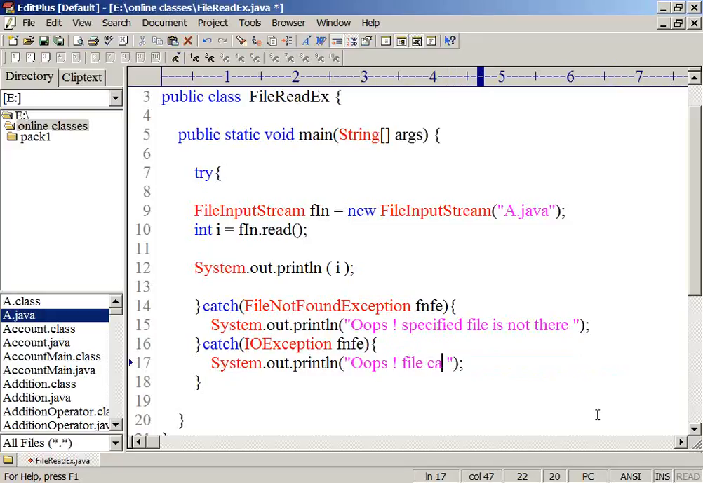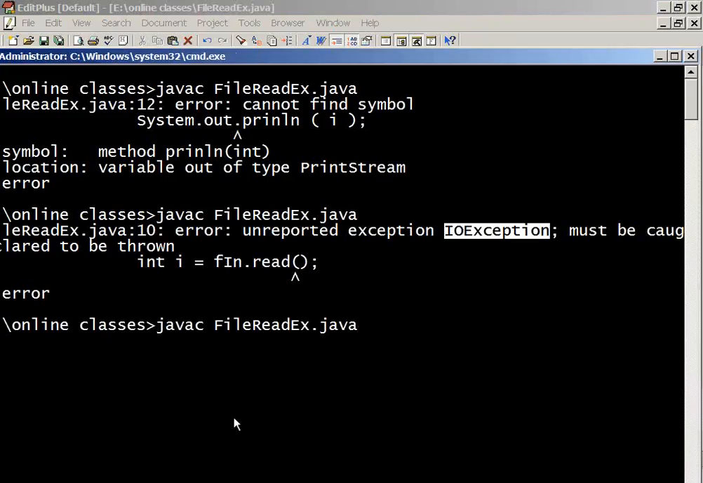File cannot be read. Simple. Now let me run, because I have added this. This is fine now. It's compiled. Now java space